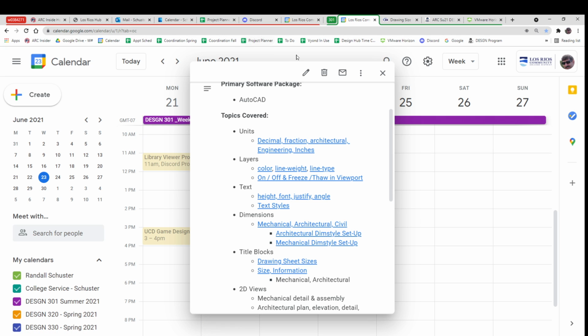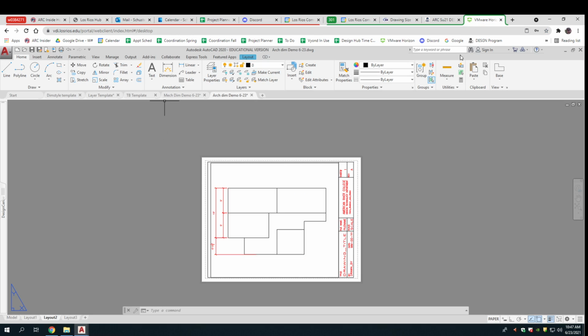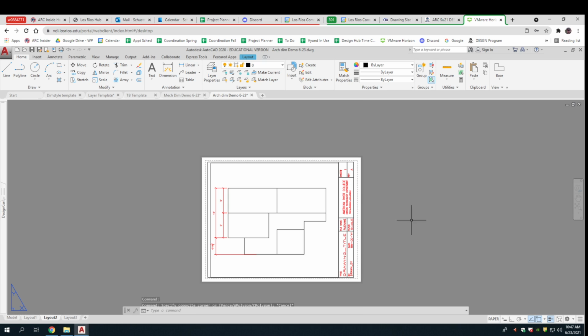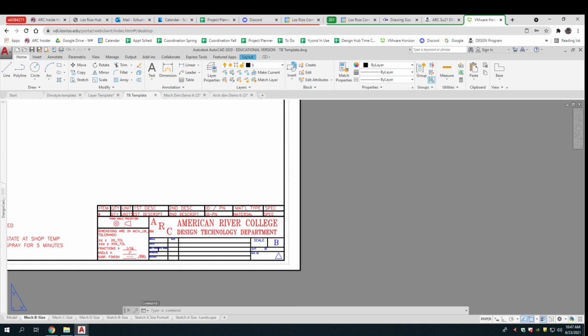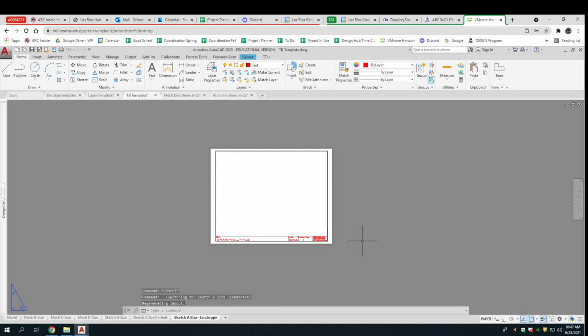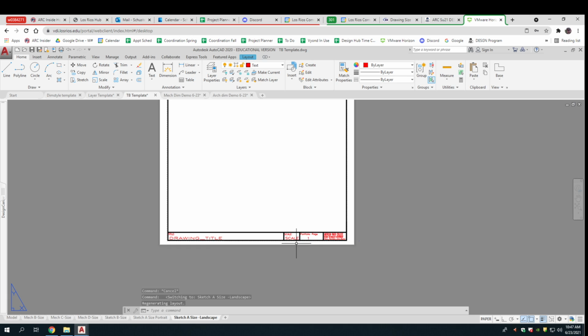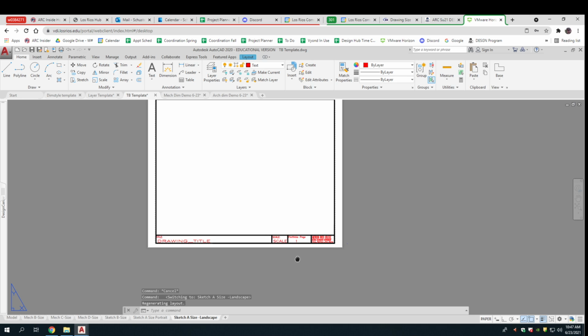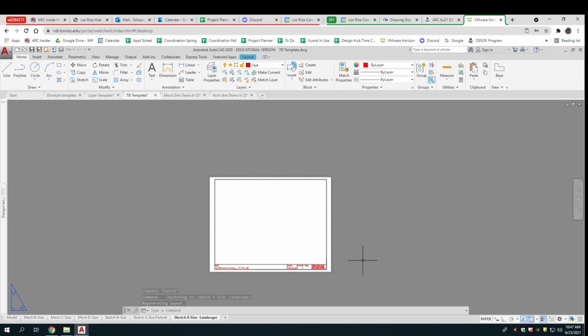So now I'm going to go back here, and I'm just going to show you a bunch of title blocks. I guess I can just open any of these. There's my title block template drawing. So this is how people often do it, is these are called layouts, and it's a templated layout, and that's a very typical A size